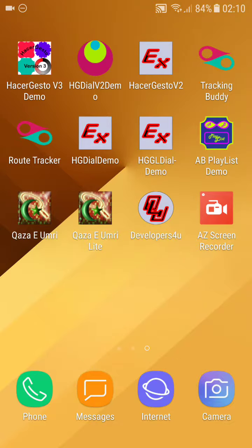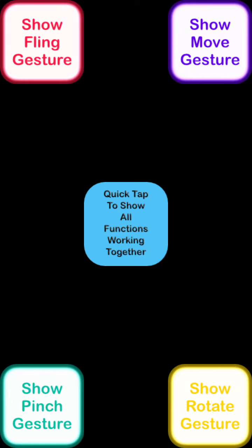I'm an Android developer, and I've just finished a really cool open source gesture library for the Android platform. When I finish this video, I'll be publishing the video along with the location of the Bitbucket repository where you can find it. Start out by showing you magic, all four gestures working together at the same time: fling, move,